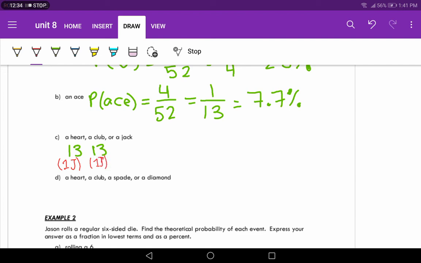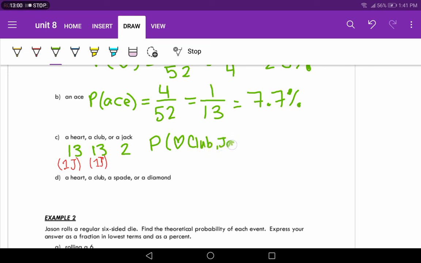Okay, so we've already accounted for the 2 jacks, so there's only 2 other jacks, right? We don't want to account for 4 jacks because we've already included the heart jack and the club jack in that 13. So the probability of a heart, what's the club symbol? No, that's spade. I don't know. Club